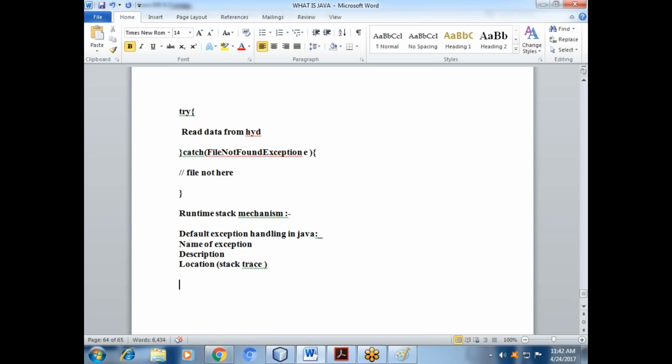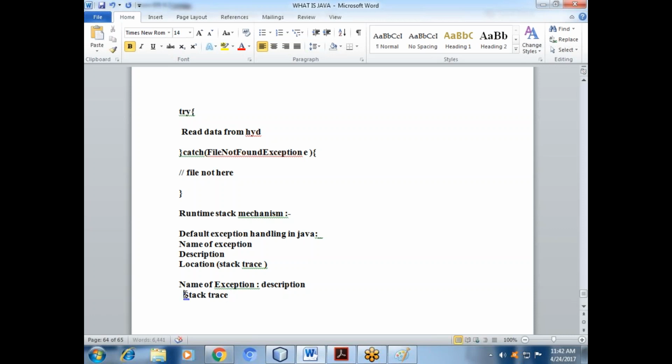Suppose we have the name of the exception, then description, and then you will get the stack trace.